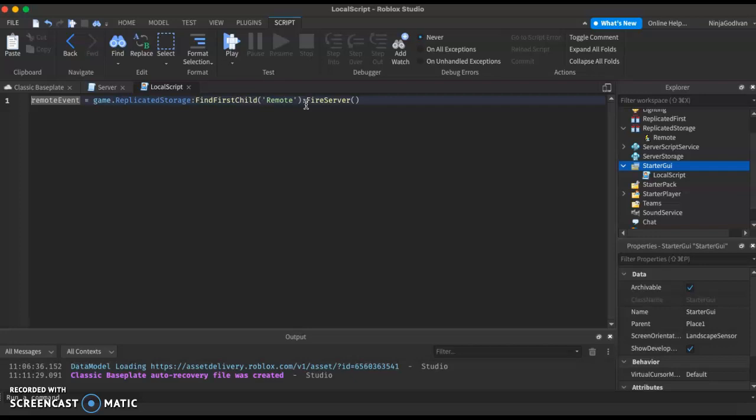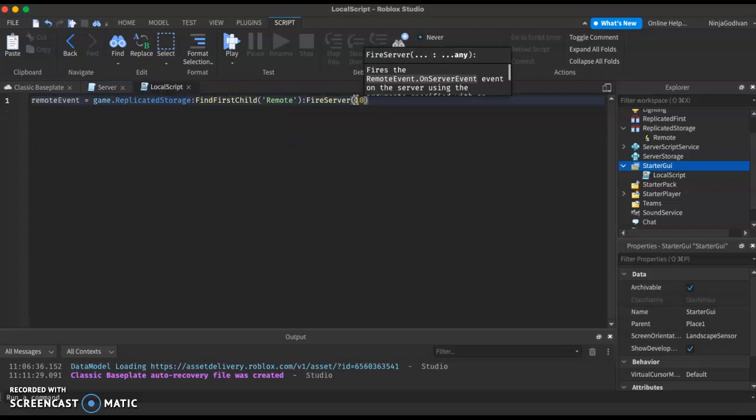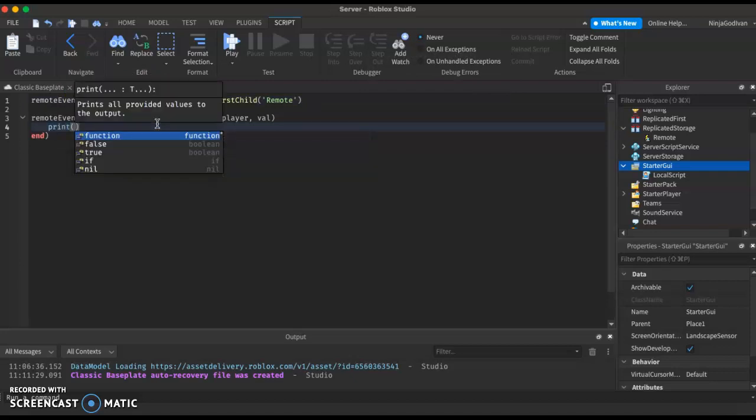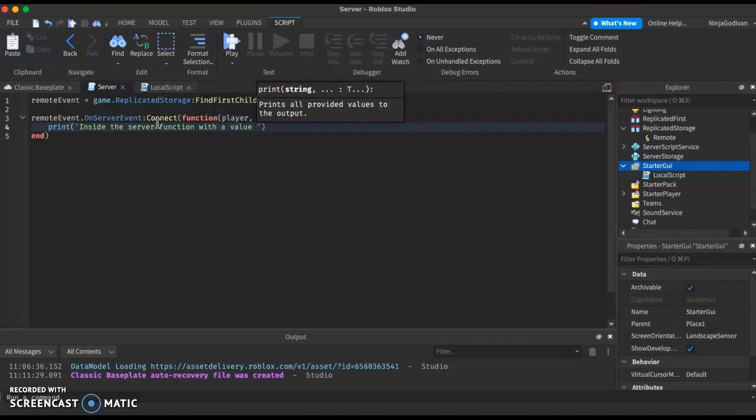But if you want to pass in other values, or other instances, then you will need to add an argument here. The only thing that we're going to pass in is a number. So we'll just pass in 10, and then we're going to print out the function and say, inside the server function, something like that, with a value of